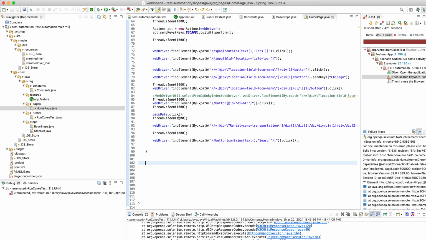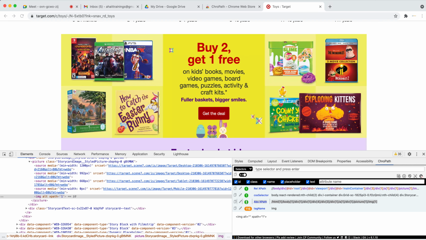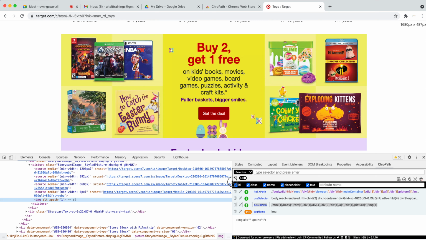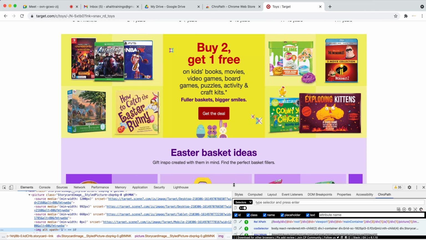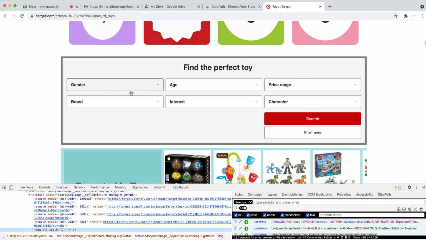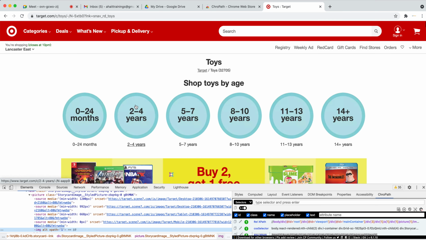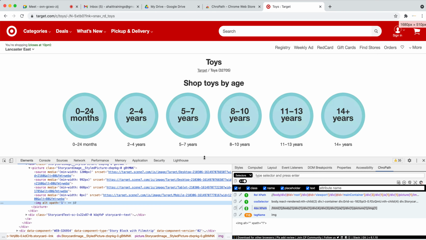And labels on the web page. Everything is an element in the web page, label or button or whatever. So when to use a CSS selector? When you don't have the ID, and the XPath is showing a very big path and the CSS is showing a better path, then go for this one.